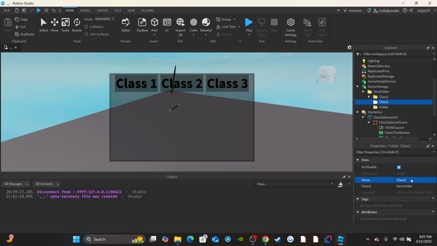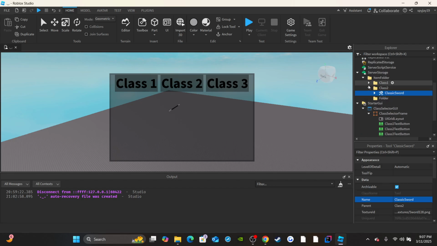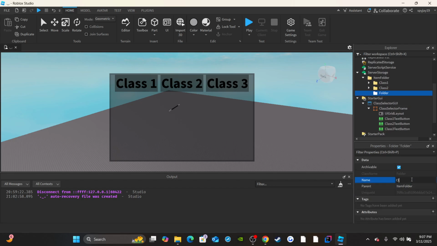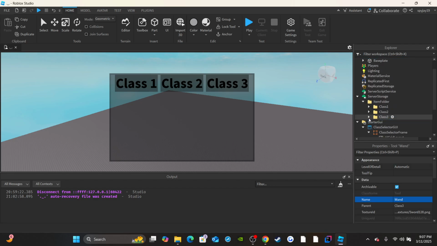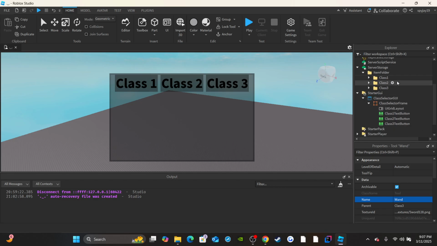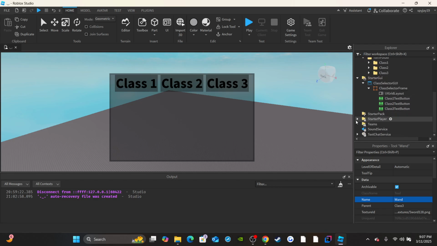So class 2. Then we will throw another weapon inside. Rename this to class 3. Then throw another weapon inside of this, right? And then from there, we are done with the item folder, and then we can move on to the scripting. Open up starter player, then click the plus icon on starter player